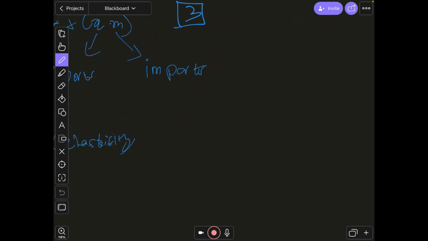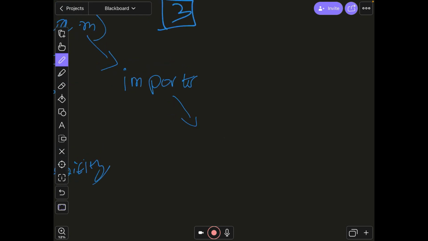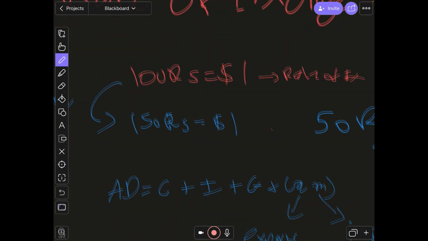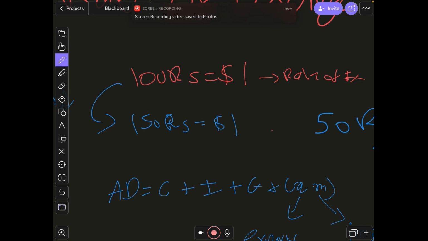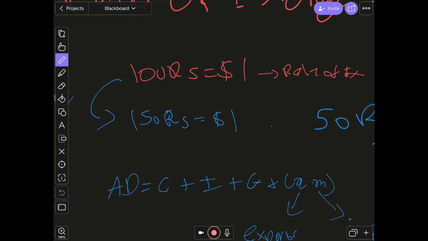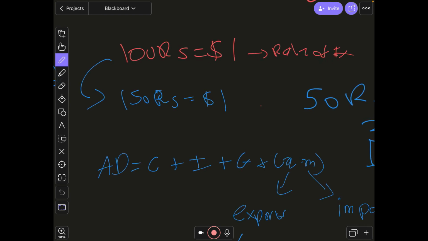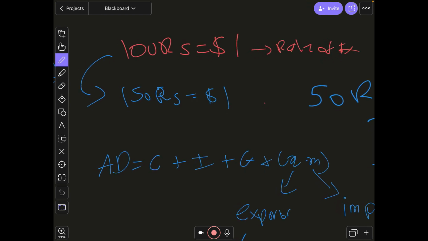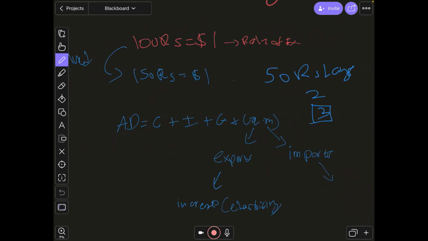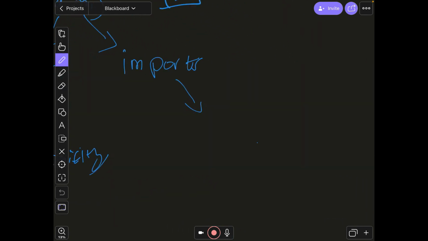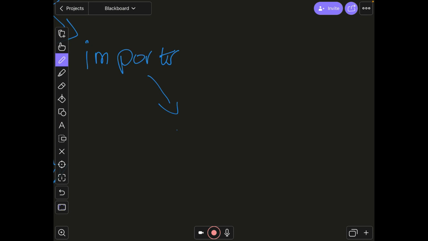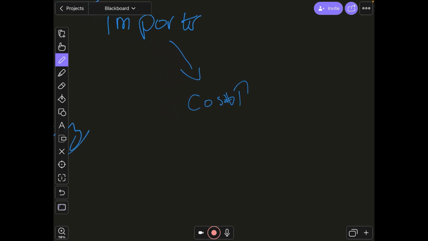And at the same time, let's have a look at Pakistan now. For Pakistanis, if they were to use 100 rupees, they would get $1 in return, right? And so they would be able to buy something that was worth $1. But now they have to pay 150 rupees to get $1. And so they can only buy something worth $1 if they use 150 rupees. And so for Pakistanis, the cost of imports goes up. Right? And so depending on the elasticity of the good again,